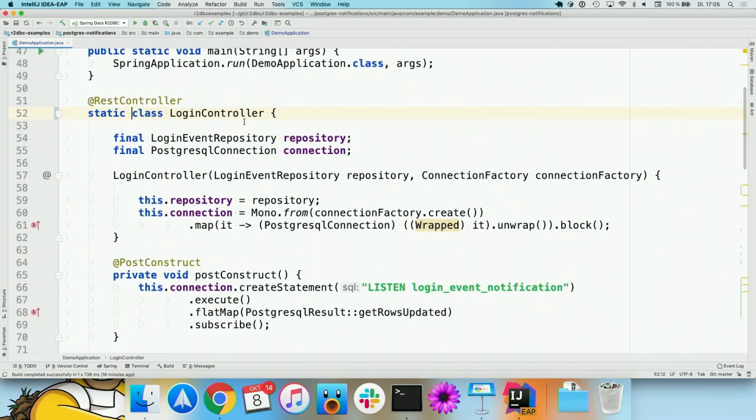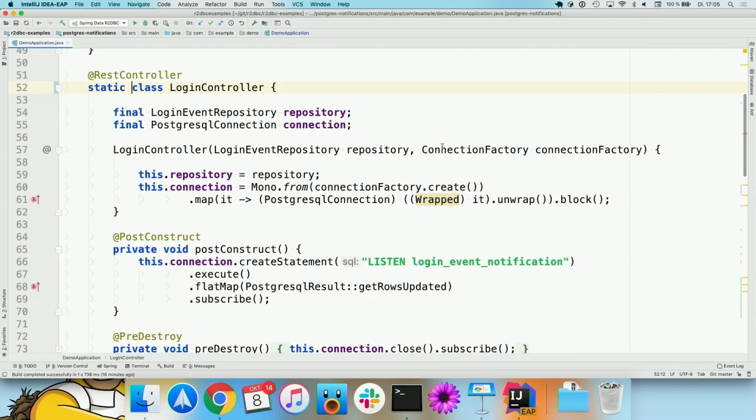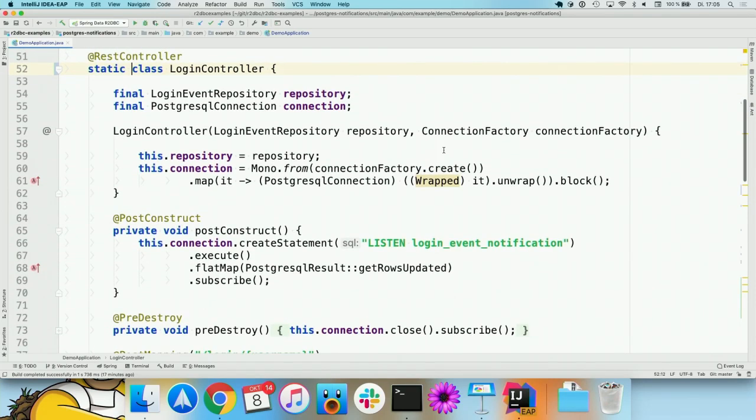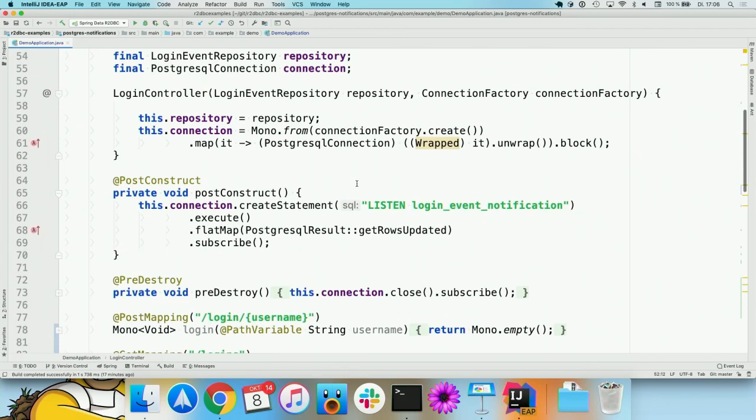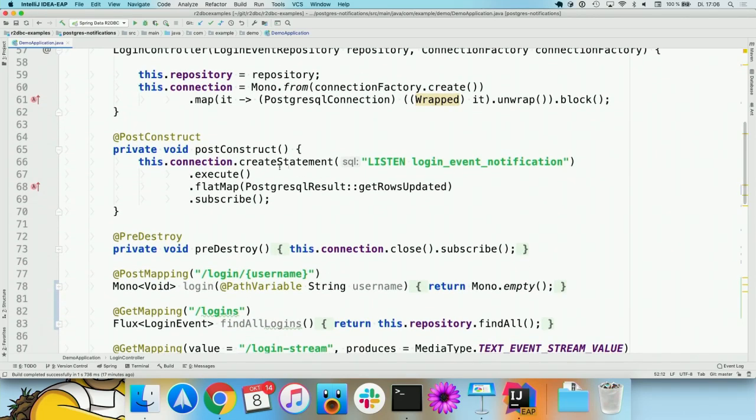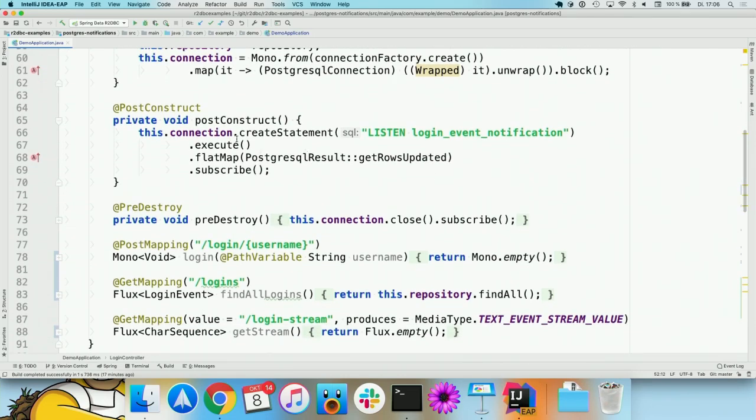Postgres. So since this is a Postgres-specific functionality, after injecting the ConnectionFactory into my controller, I need to get hold directly of the Postgres connection. So this is then the driver-specific API. Once this component gets constructed, I'm subscribing immediately to a channel, which is listen to login event notification, subscribing to it to set up my